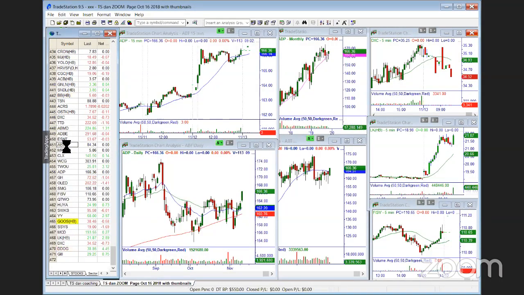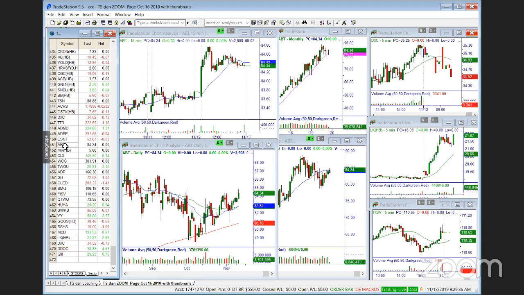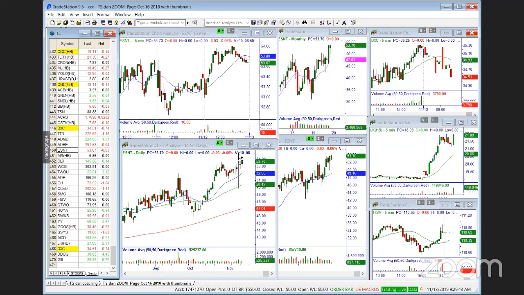We have Abbott, yeah, safe from Abbott. I don't like the way this trades. ESMT over the high. Look at that, all-time highs. That looks great over yesterday's high. Looks great.